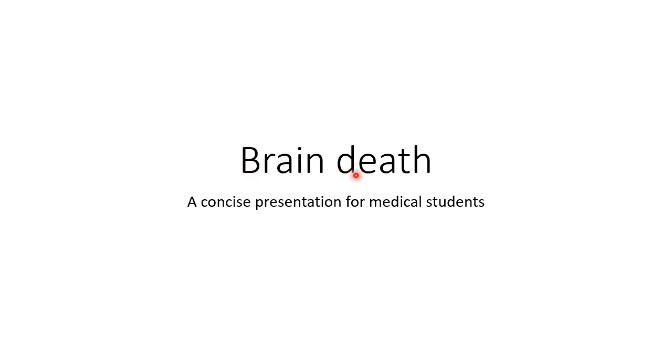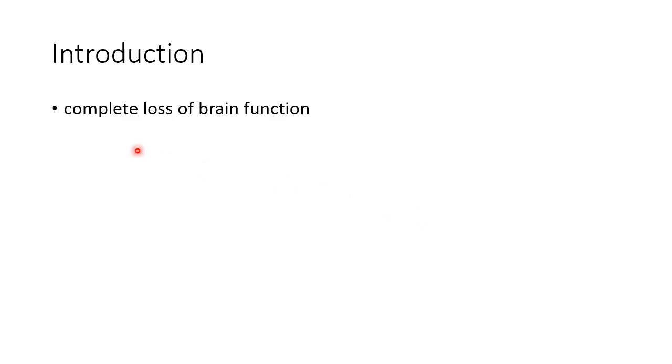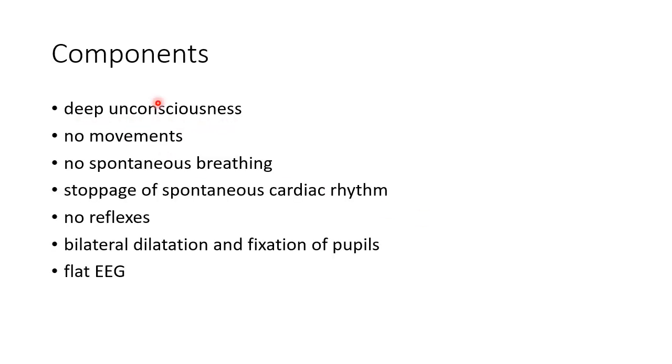Hello guys, in this video we are going to see about the concept of brain death in forensic medicine. This is a concise presentation for medical students. Brain death means complete loss of brain function. Now let us see about the components of brain death. Deep unconsciousness, no movements, no spontaneous breathing, stoppage of spontaneous cardiac rhythm, no reflexes, bilateral dilatation and fixation of pupils, and flat EEG are the various components